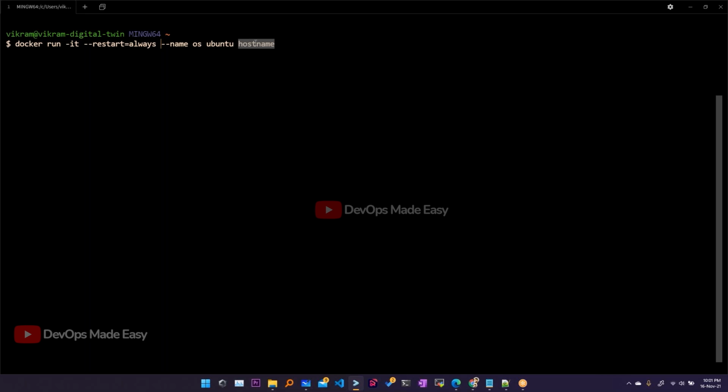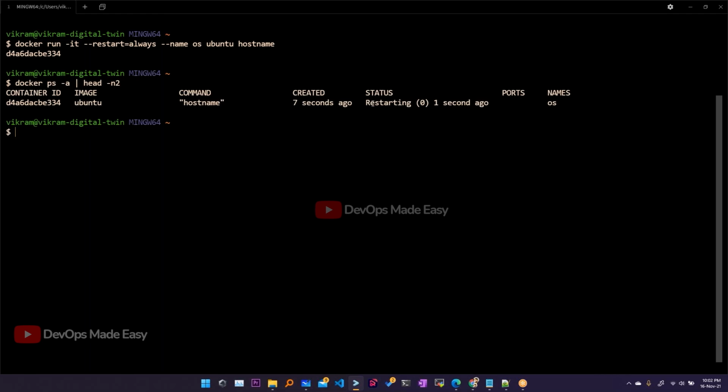Correct, guys? So if I run it like this and do docker ps hyphen a, you can see it is restarting. I have a question: why do we have the hyphen it in this command line? We're not going into the container, right? We're just starting it.